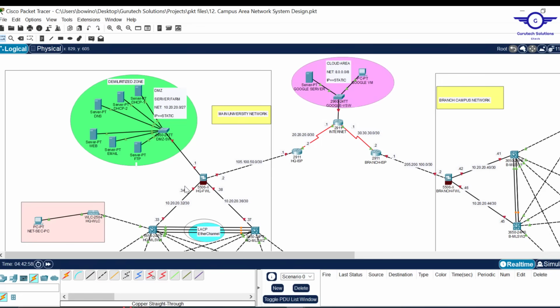So the two interfaces will represent our inside network. Each interface must have a unique name. So for example, the two interfaces are inside networks, but since they cannot have the same name, we can say this is inside 1, inside 2. Then this is DMZ, this is outside. Okay, so just click on the firewall